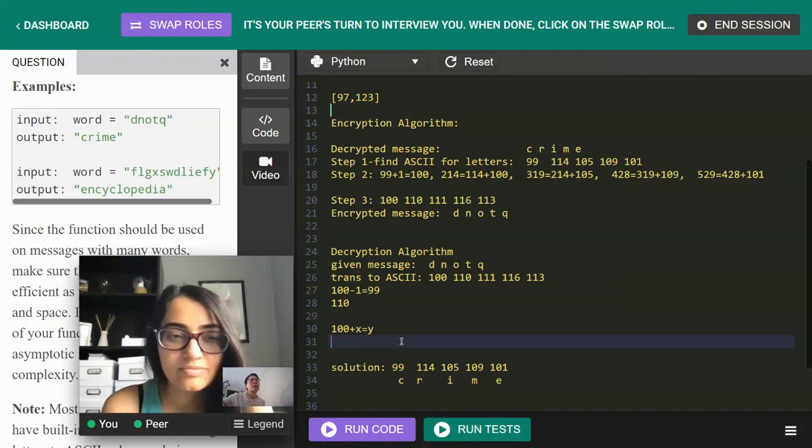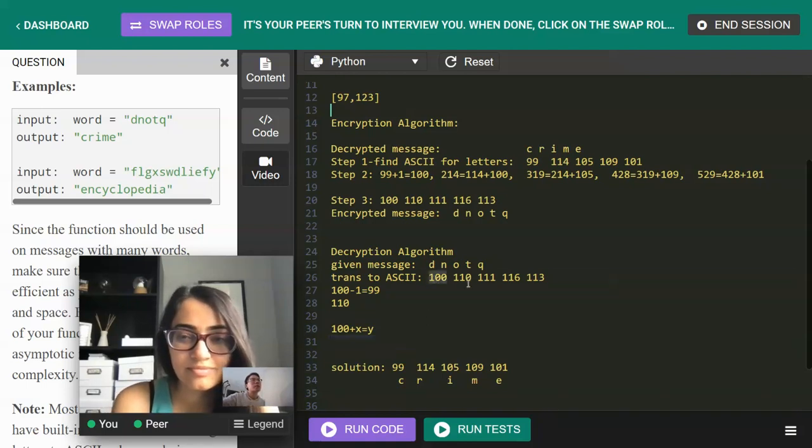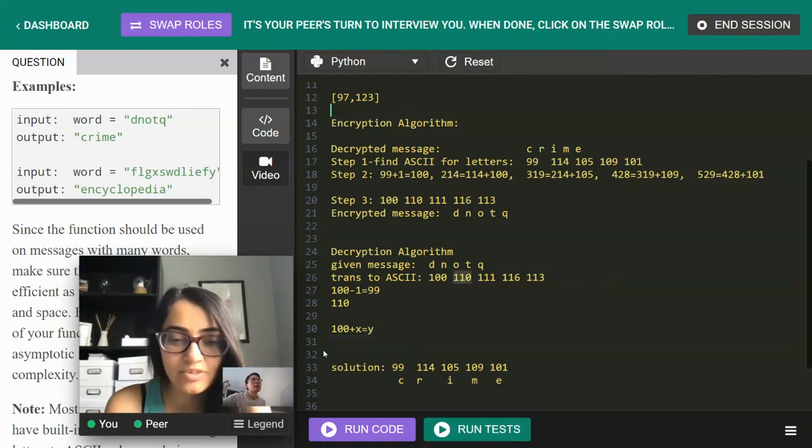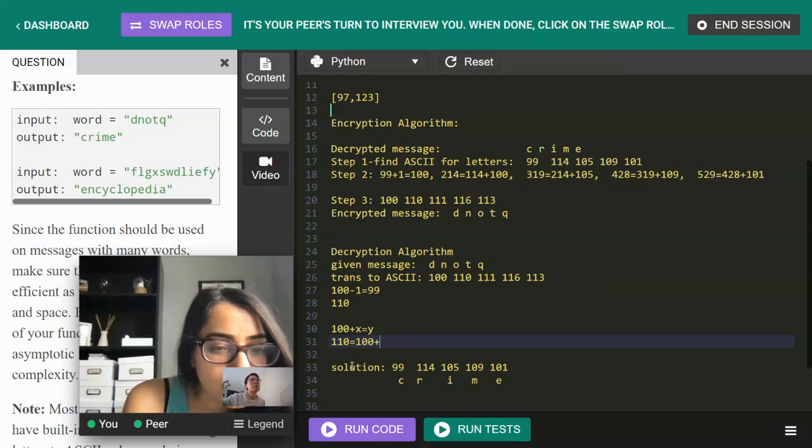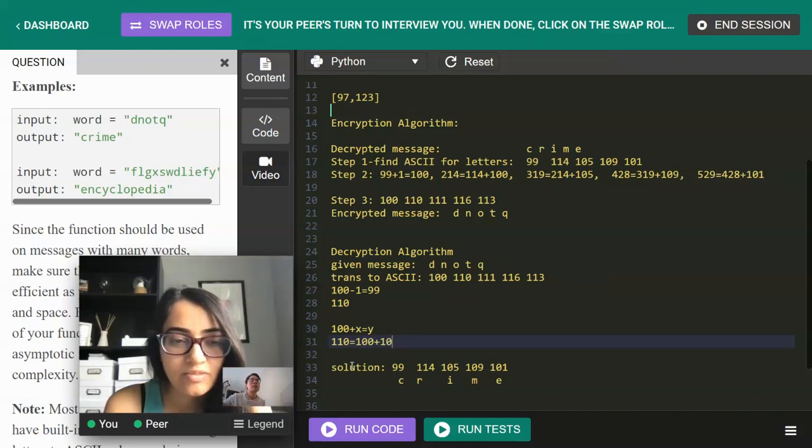Well, okay. So we have the code right here. So 110 is equal to what we had before, which was 100 plus 10, but the 10 is